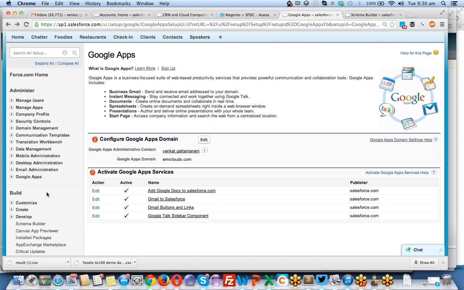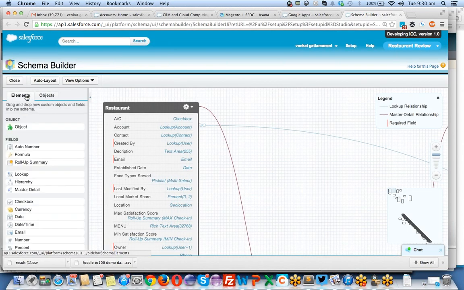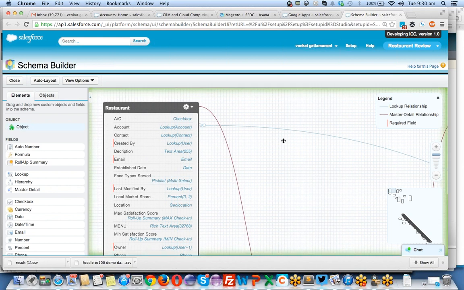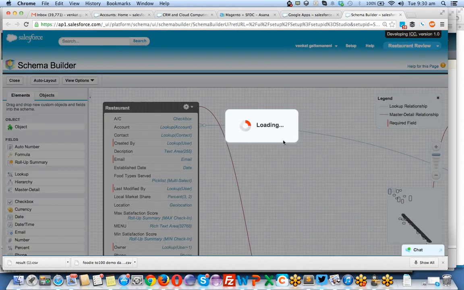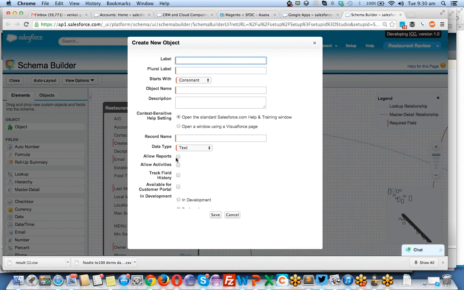So suppose when you're creating an object, you see there is an allow reports option. For example, coming to the schema builder, go to elements, click on and drag and drop the object. There's an option called allow reports. If you check this, it means you are allowing reports on this particular object and you are creating